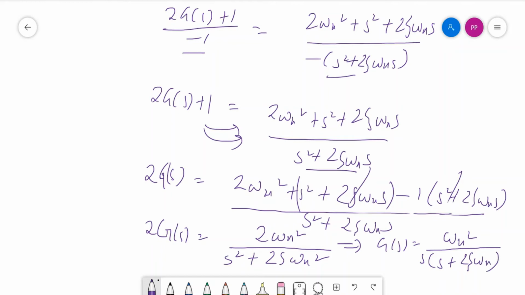Once we got this, we understand that G(s), that is the open loop transfer function, is basically your transfer function with a constant in the numerator, and there are two poles in the denominator. These two poles are first the integrator, that is the pole at the origin, and second, there is a pole to the left of the origin. So from this we can say that